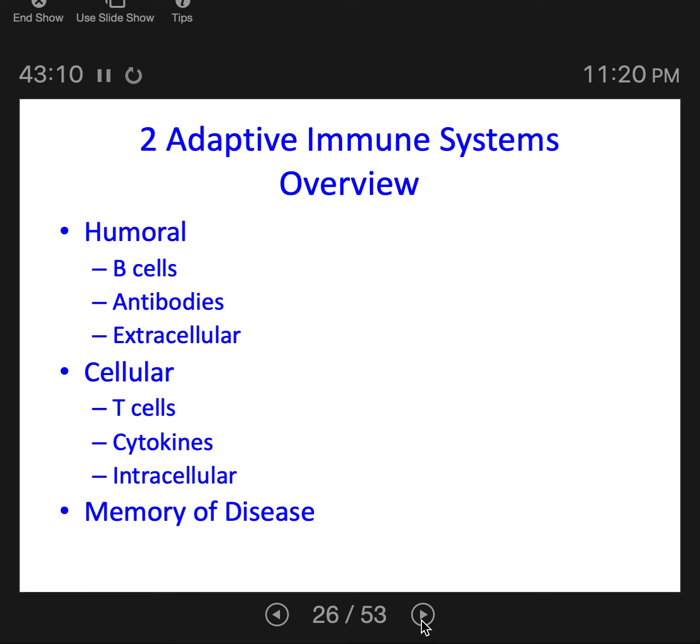Both humoral and cellular immunity involve a memory of the disease. We discussed how that immunity is generated a bit before, so we're going to review that in a bit more detail here. The humoral immune system's main actors are B cells. Remember, B cells produce immunoglobulins, like antibodies, but also B cell receptors. So they have B cell receptors on their surface for binding antigens on pathogens. These B cells and their immunoglobulins target pathogens invading extracellular space, outside the cells, in the body fluids, or sometimes on the surface of host tissue.